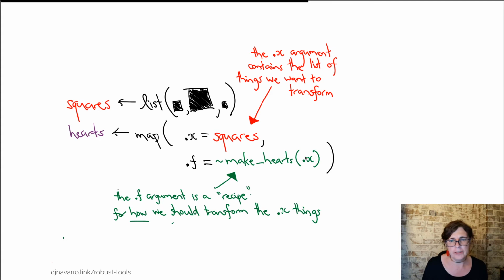So for every single .x, every single thing inside this squares list, what you want to do is turn it into a make hearts. And what we've got here, note the little tilde there. Formally, what that means is that I'm sending a formula to R, but the purrr package has a fancy little way of grabbing that formula, turning it into its own little anonymous function. It secretly turns this recipe into a function and then calls that function for every single element of the input